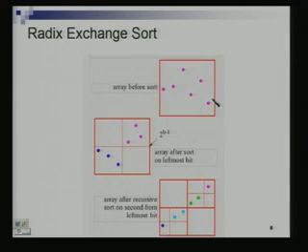So, what I am doing at the first step is that I am partitioning the numbers according to numbers which are more than 2 to the b minus 1 and numbers which are less than 2 to the b minus 1. Why 2 to the b minus 1? Because the first bit, the most significant bit we are saying should be a 1, they will come together, and the ones for which it is a 0 they will come together. So, I am partitioning the numbers according to 2 to the b minus 1. Those numbers whose value is more than 2 to the b minus 1, I am moving it to the right part of my array.